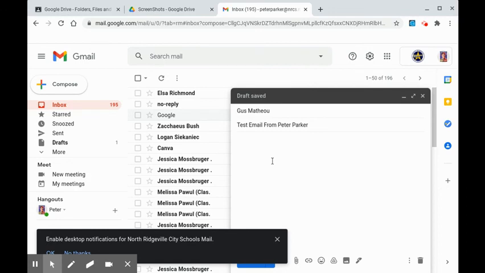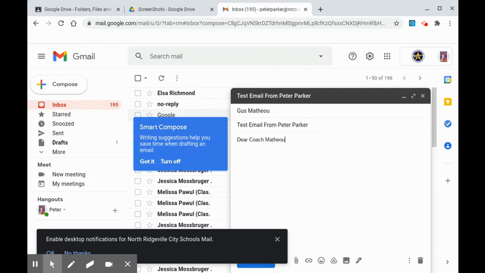Now, I'm going to ask that you do a test email, but call it test email from your name. And I want you to practice what I'm about to show you every time you write an email. I want you to say, dear, and whoever you're sending it to, Coach Matthew, comma, and then you can write what you want to say as best as you can, in complete sentences preferably, but the best that you can. So, dear Coach Matthew, this is my test email. Thank you, comma,